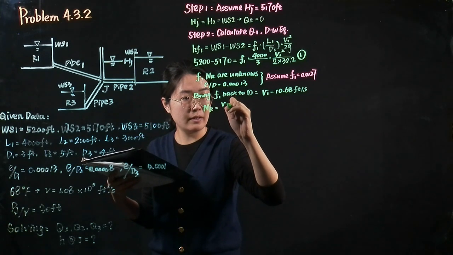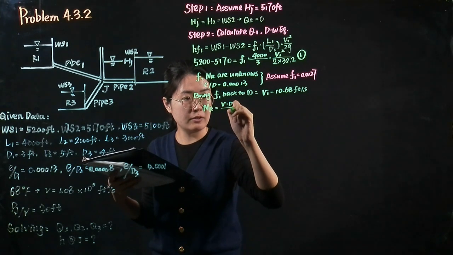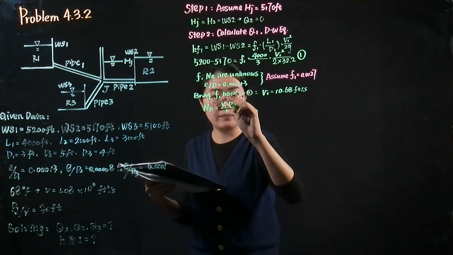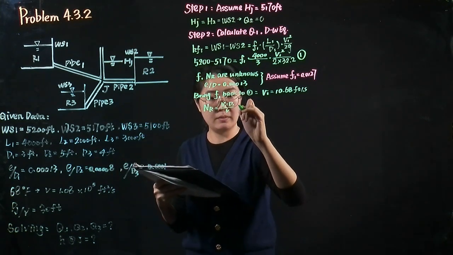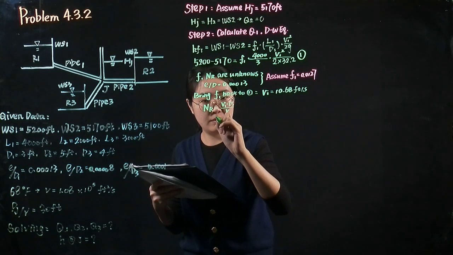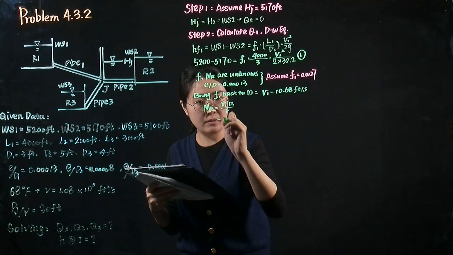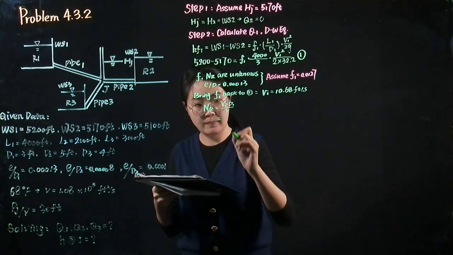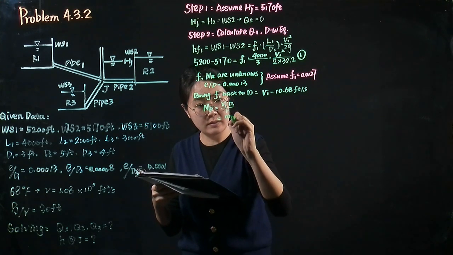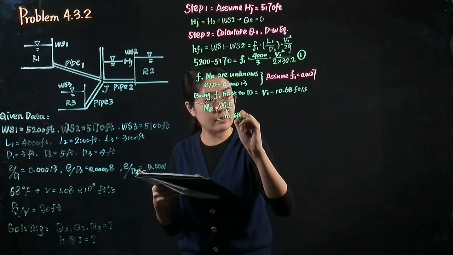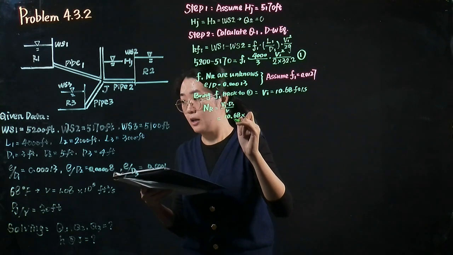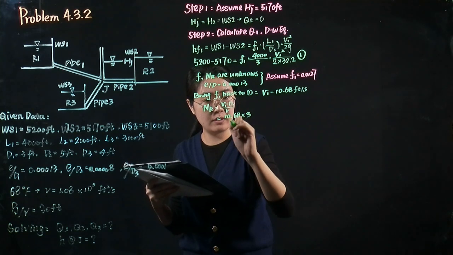It is velocity times diameter over kinematic viscosity. It equals 10.68 times the diameter, which is 3 feet,